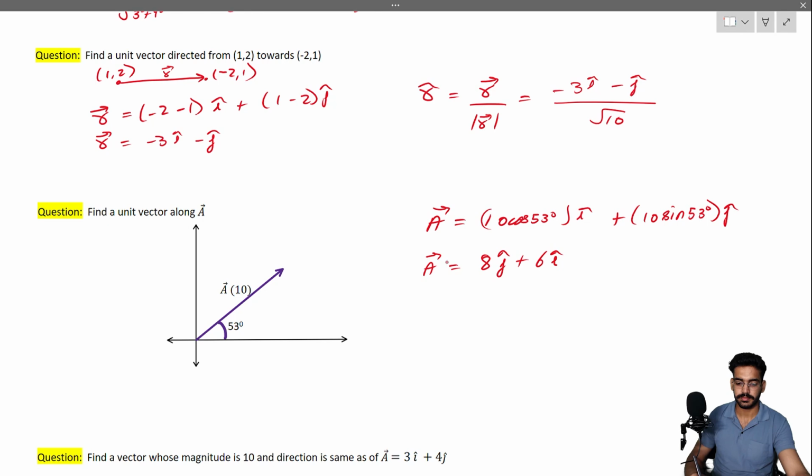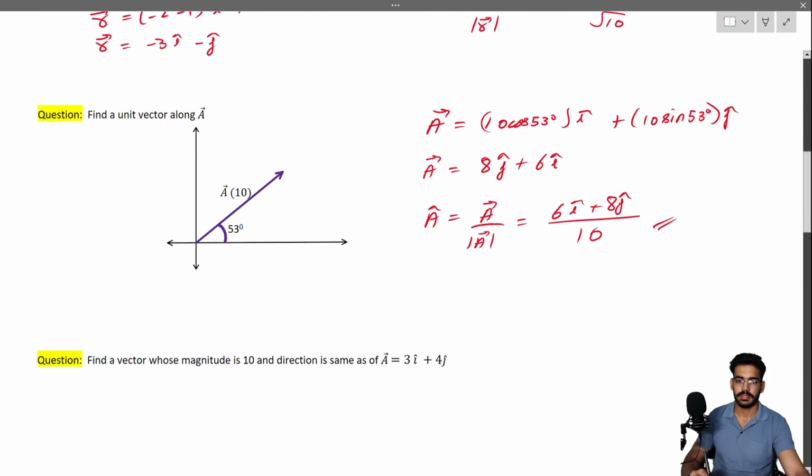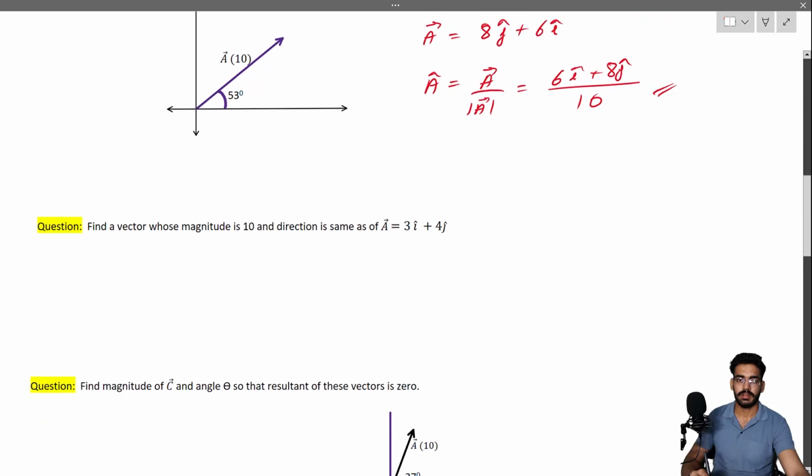Okay, so if you find out a cap, basically a vector divided by magnitude of a, right? So that is my 6 i cap plus 8 j cap divided by magnitude, that is 10. Okay, that's how. Next question, find a vector whose magnitude is 10 and direction is same as 3 i cap